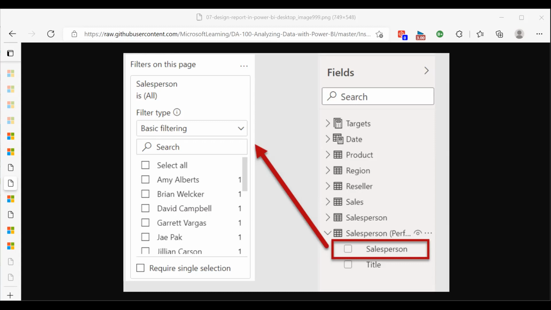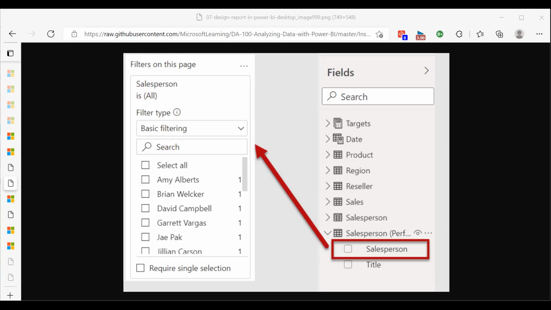Add the following fields: axis, date, months. All right, date, month is going to be in the axis. Okay. The value is going to be sales. And targets, target. Target is up at the top. And we'll add that as a value. Say okay, great, good. To create a copy of the visual,